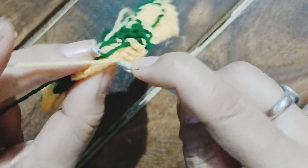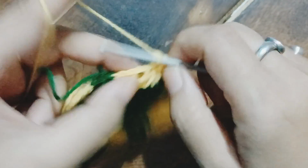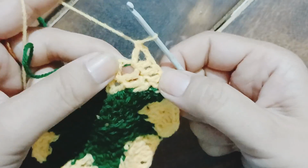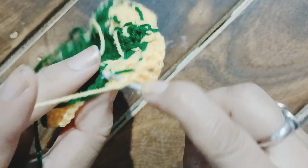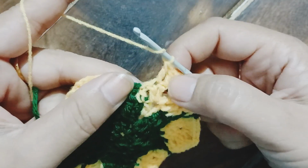This is the third one, and now into the chain 2 space I am going to work one double crochet, chain 2, one double crochet. Now let's work double crochets on top of the existing double crochet. That's the first one. It has to be in the yellow yarn. This is the second, followed by the third